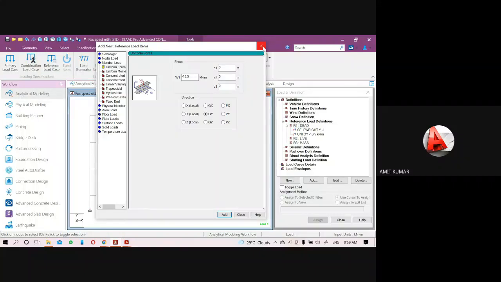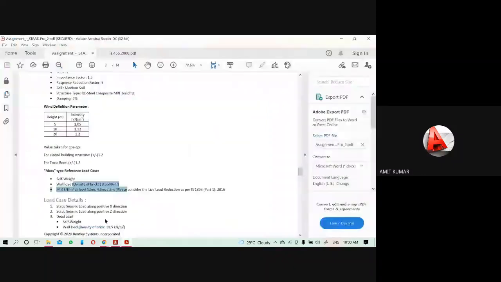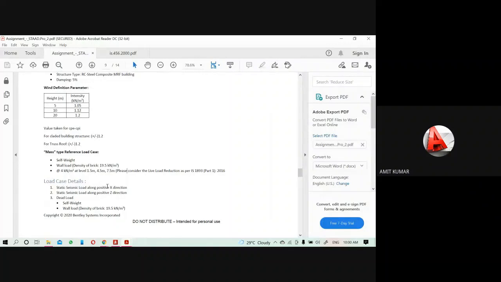Now after this, next is your live load. Here you can see it is written, please consider the live load reduction as per the IS code. Okay.